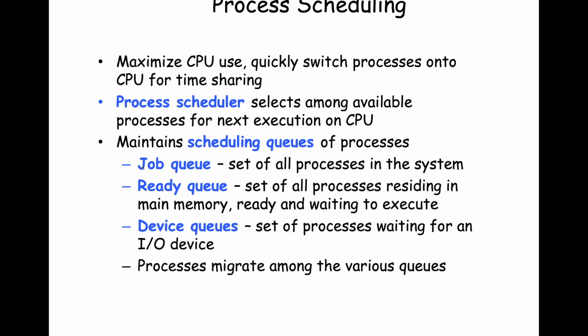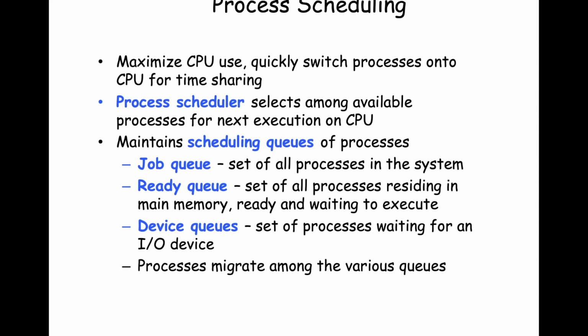There's something called a job queue, and that's a linked list of all of the processes available in the system. But not all of the processes available in the system can be put onto the CPU. Those processes that can actually be put onto the CPU by the scheduler or taken off the CPU are in the ready queue. Those are the ones that are active, the ones that are possible to execute. The ready queue is the set of all processes residing in main memory that are available to be executed. So at a moment's notice, if you're in the ready queue, it means that you can be executed.